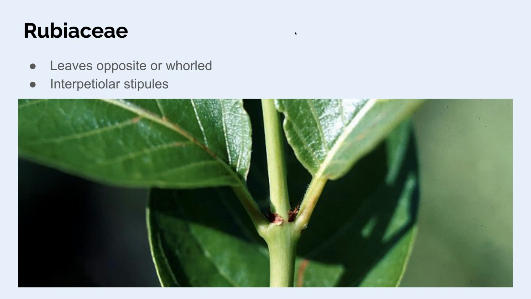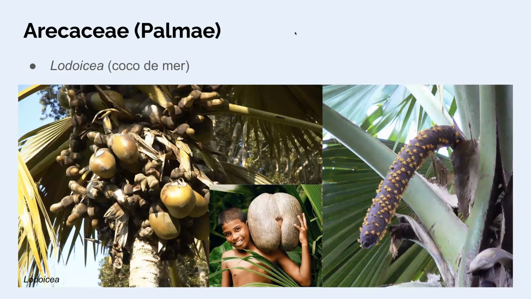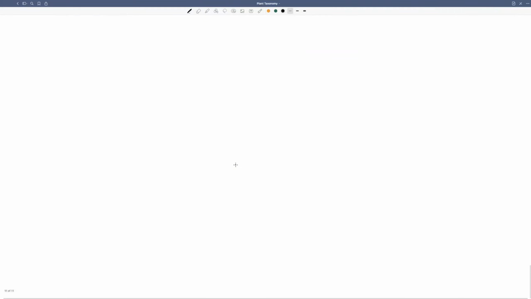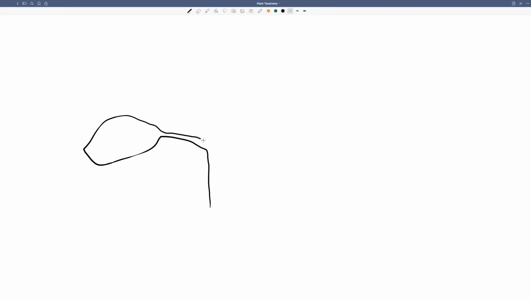And a feature that helps to kind of seal this in, if you've got one of these woody plants in Rubiaceae, it has a feature called interpetiolar stipules, which is kind of a mouthful. What it means, if you get one of these plants with opposite leaves, the leaves come across from each other to be opposite, and then they have these stipules that are kind of joined together